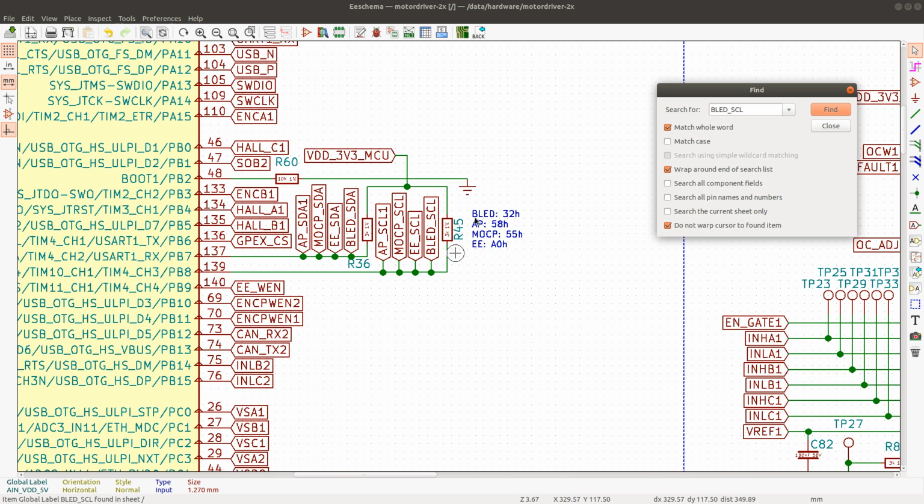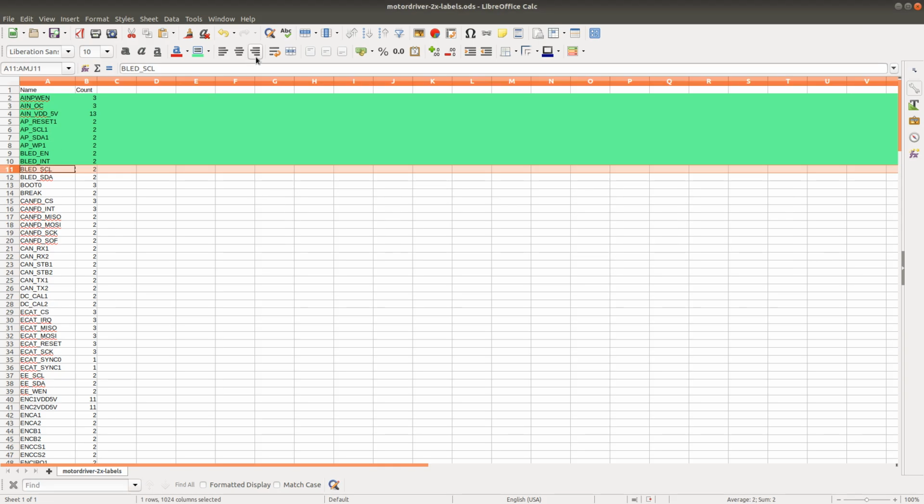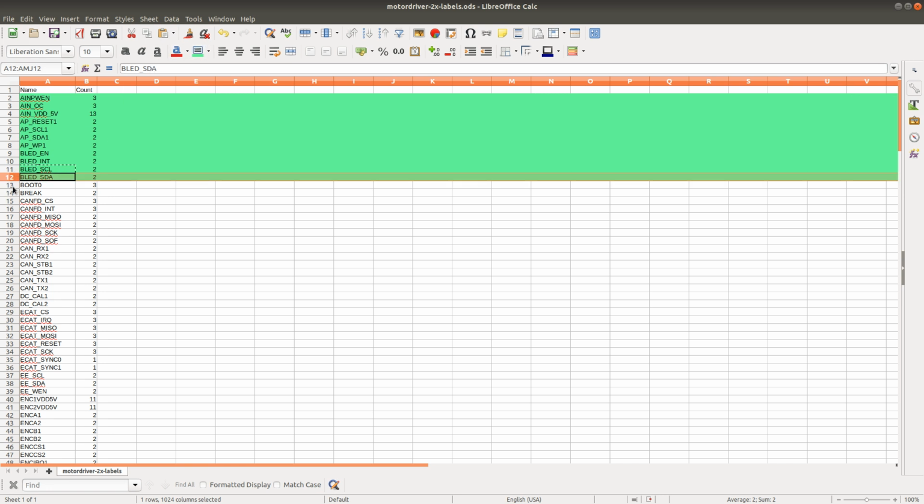So we got the B-LED on 32, AP on 58, and then this other digital potentiometer on 55, and EEPROM on A0. So it should be fine. Let's see. SCL, SDA, boot 0. Got 3 connections on boot 0,